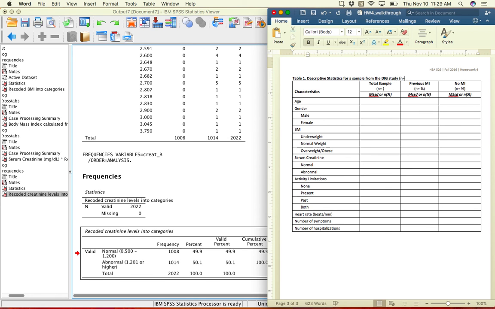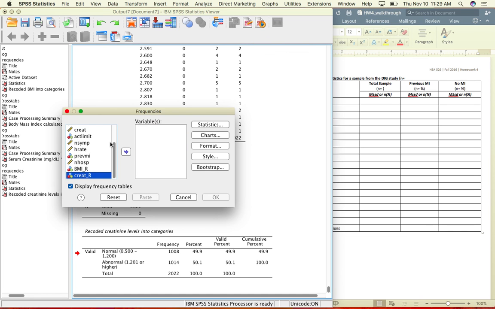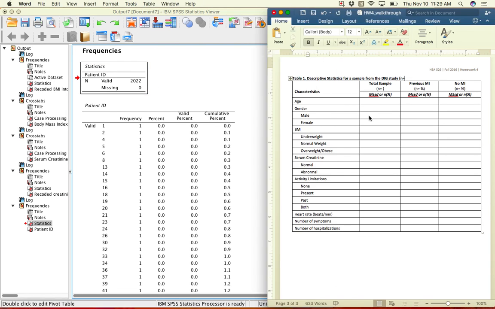We want to include the total number in our sample, which we can see if we just look at this, or we can run a descriptive statistic on the ID variable. And what this tells us is that there's a total number of 2,022 individuals in our sample. So that was one of the things I was looking for, is you to have some sort of table title. The next part of APA format, let me make this a little bigger so you can see,